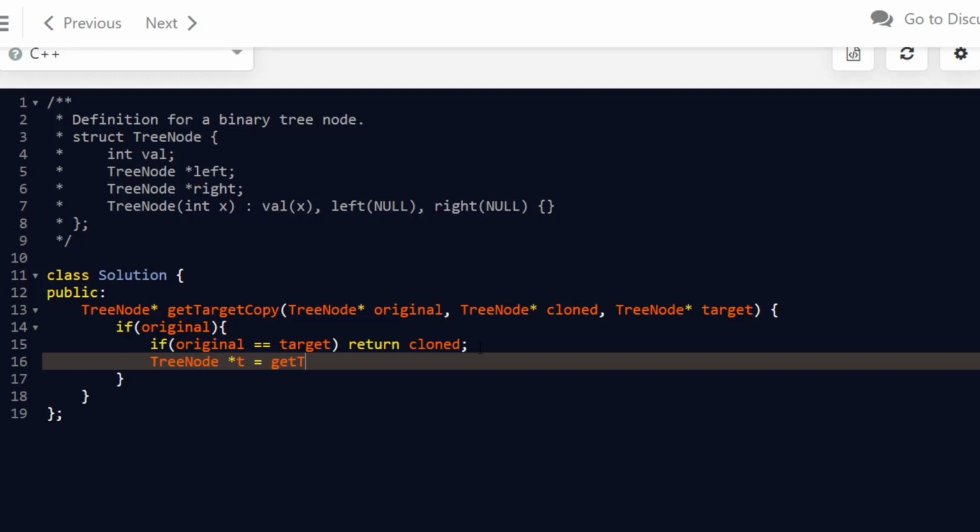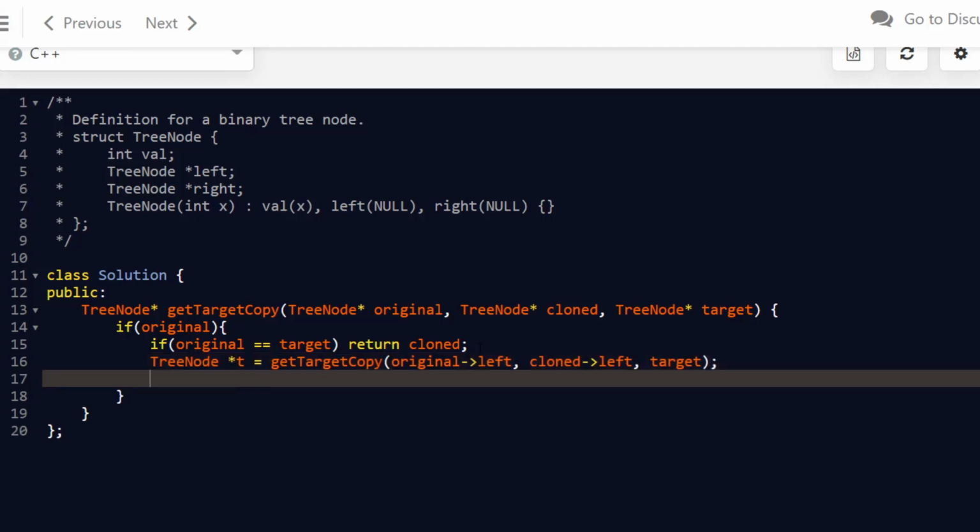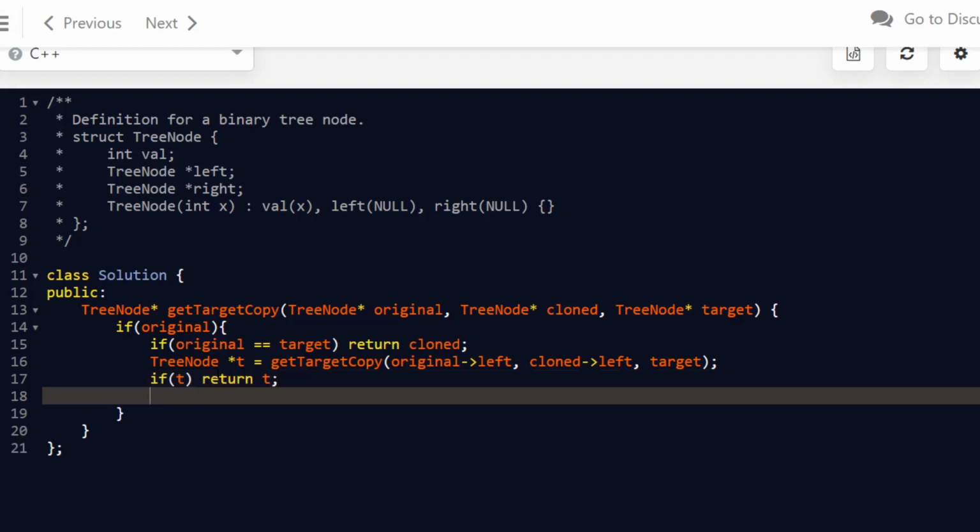So the same function, with target, original left, cloned left, and target remains the same. If it finds that node in the left part, it will return that node, otherwise it will return null. So we check if it returns some value, then return it.